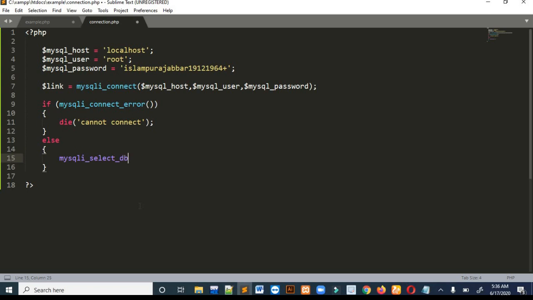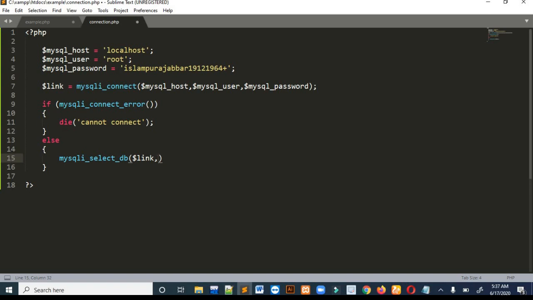First of all we will pass the link variable, because in the link variable we are connecting our front end with the database. Now we are selecting our database, so first we connect with the database and then select the specific database.